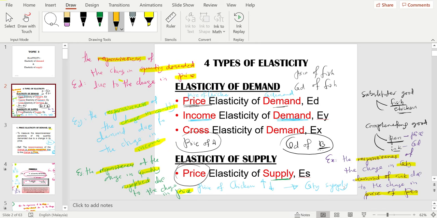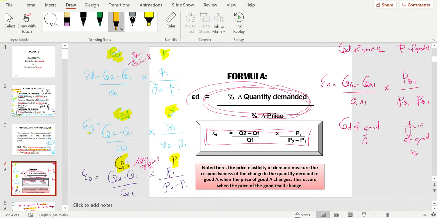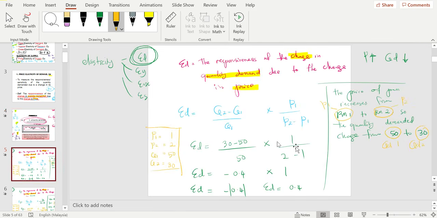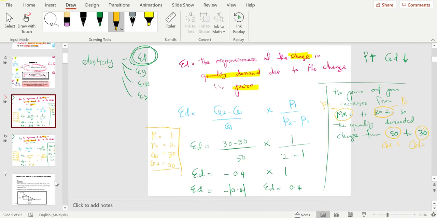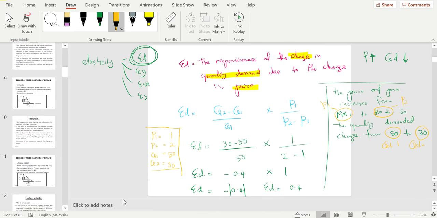Make sure you know how to differentiate between the elasticities. Second, you need to know how to build up the formula, because the formula won't be given in the exam. Remember one formula, and you can manage the other formulas. For this formula, I'll teach you in another teaching video, no worries. And the same goes here. Alright, so make sure you know. And then if you see the question there,